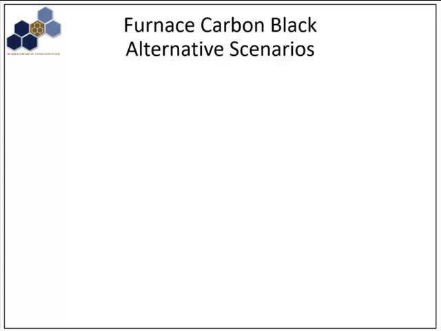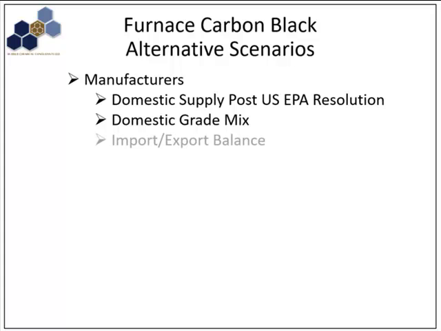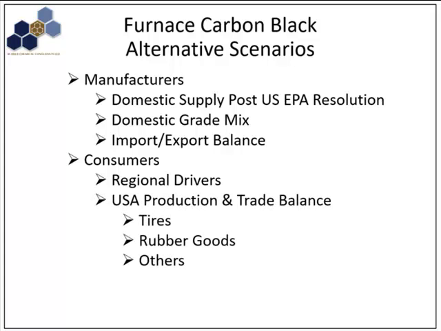These may include one or more of the following. For carbon black manufacturers, there may be additional pressures on capacity due to the recent EPA resolutions within the domestic US producers. Additional consideration needs to be given to the available furnace carbon black product mix versus the mix demanded by the market. The impact of international trade must also be considered. For furnace carbon black consumers, regional drivers such as tyre labelling and/or other regulations must be considered. The trade balance due to changing trade restrictions may require adjusting. This may alter utilisation rates.